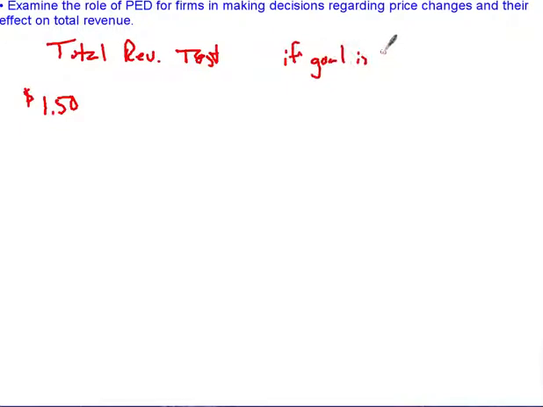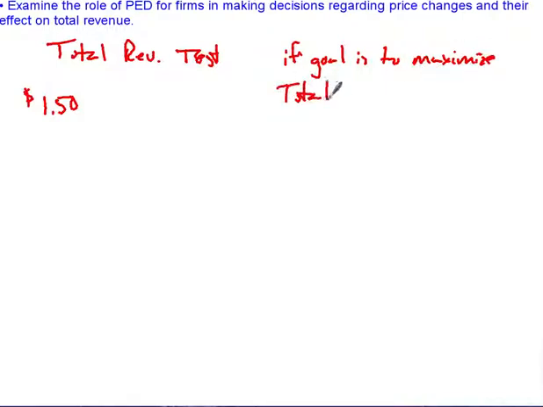So remember, we use the total revenue test. This total revenue test. Let me back that up and say, what if you are, again, we'll use Coca-Cola, and let's say that you have a price of $1.50. Should you raise your price or lower your price if your goal is to maximize